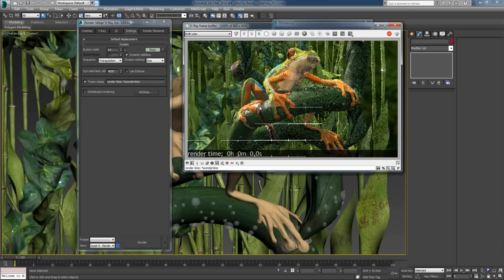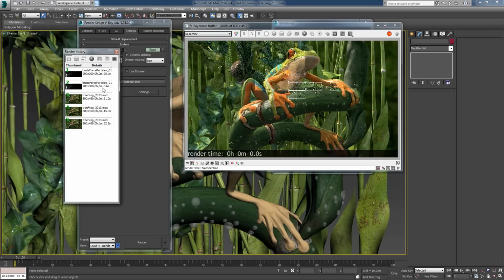I would like to show the difference that the use of Embree gives in a production setting. Let me just enable my history. And yeah, it's on my other screen. Okay, so